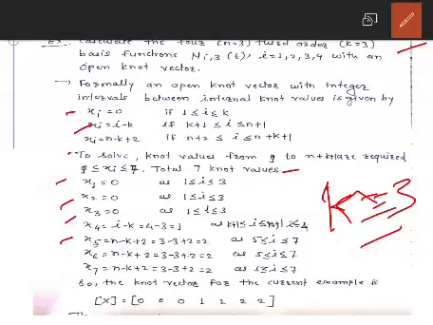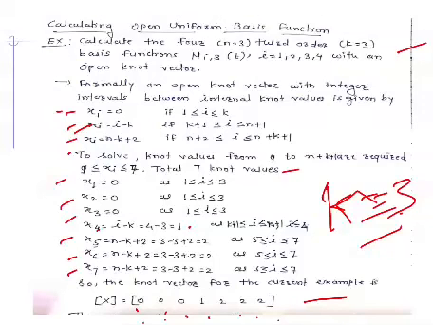Now x4, it is greater than k, and that's why the value of x4 is i minus k. What is i here? i is equal to 4, k is equal to 3. So 4 minus 3, it is equal to 1. So it generates the value 1. Similarly, we calculate x5, x6, x7. And according to this, these are the values of the knot vector: 0, 0, 0, 1, 2, 2, 2. Okay, using these 3 conditions, we can calculate the value of the knot vector.